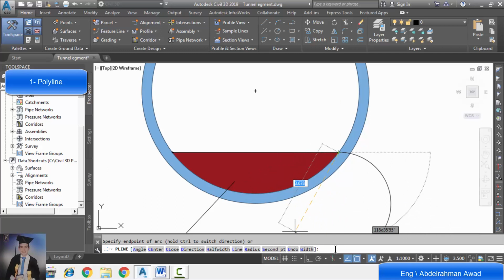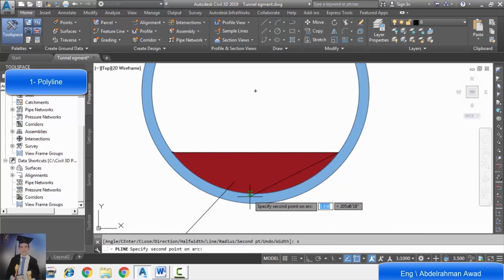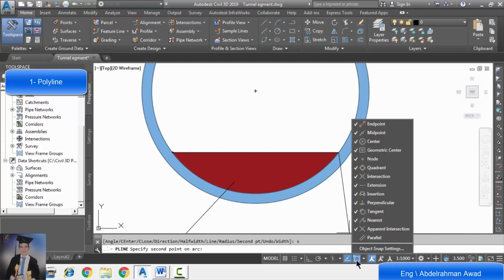So we will enter S to activate the second point. We will make sure that the quadrant snap is activated. From that, right click on that. The quadrant is activated, so we will click on the quadrant.